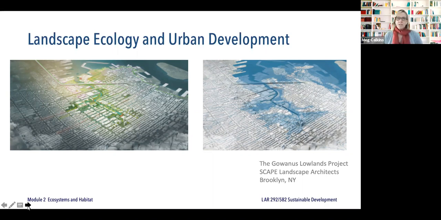This is a project where they looked at the Gowanus Canal, which you can see most clearly right here. And this has been a really dirty canal where industry was dumping trash into the canal. People were dumping trash into the canal. The water was very polluted. It was a lot of sediment in the canal, so it was stinky and a lot of soil in the canal. Well, it was dredged, and a master plan for the whole